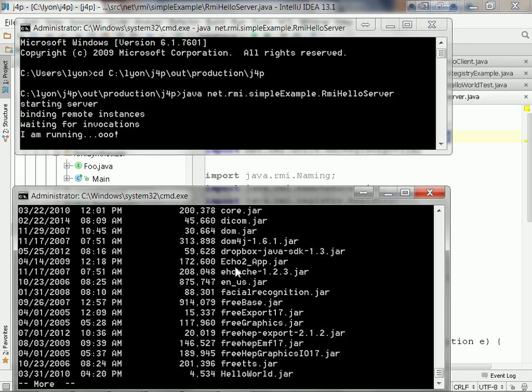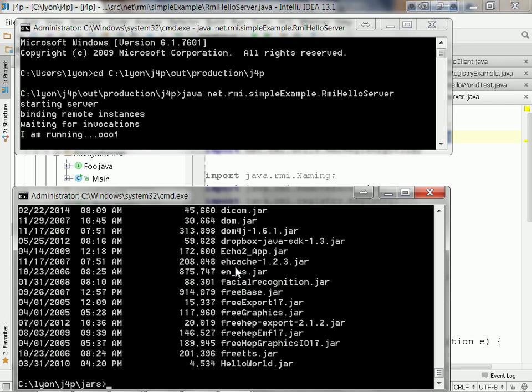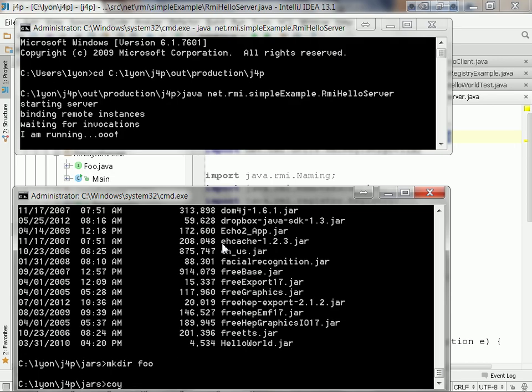Right? Because if you're looking for something like DOM, the document object model for XML processing, then you would like to have the DOM jar files available. And they're going to have a whole big ecosystem of classes in them. So I'll give you an example. Here's a great example. Somebody said, gee, I like Dropbox, and I'd love to be able to use Dropbox from within my Java program. So if you make a directory called foo, and you copy the